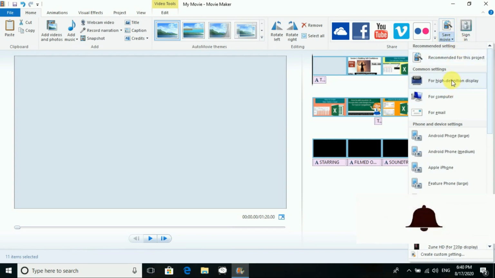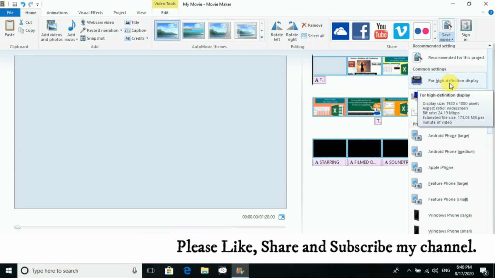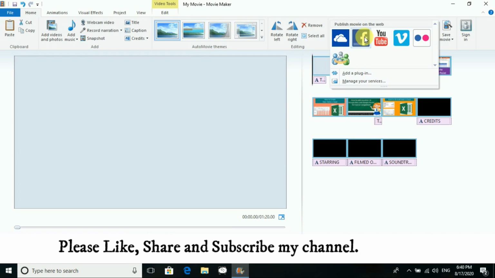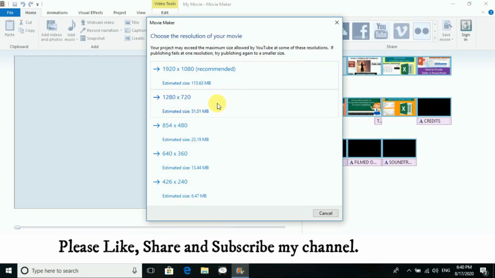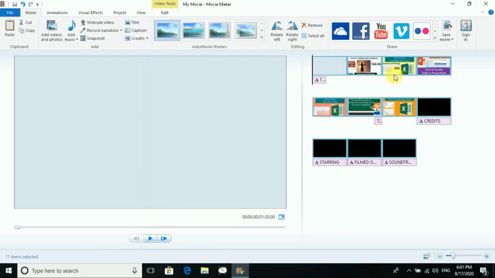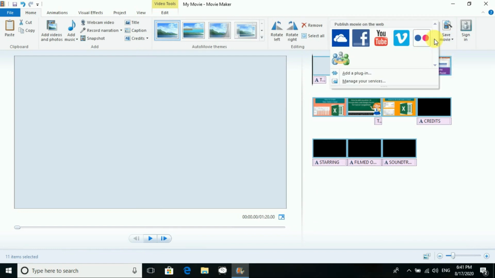If you want to save it in your computer, yes, you can go for the computer. If you want to go for the high definition, like for YouTube or anything, then you have to go for a high definition. You have directly the option also of YouTube and all that. YouTube, Facebook, I will just click on YouTube, and in that the selection, which size you wanted, which size is there, and according to that you can see the storage capacity also. So you can see the storage capacity and you can do the selection and save it directly over there. You can share it over there. Then many options are there, Vimeo and yes, many more.